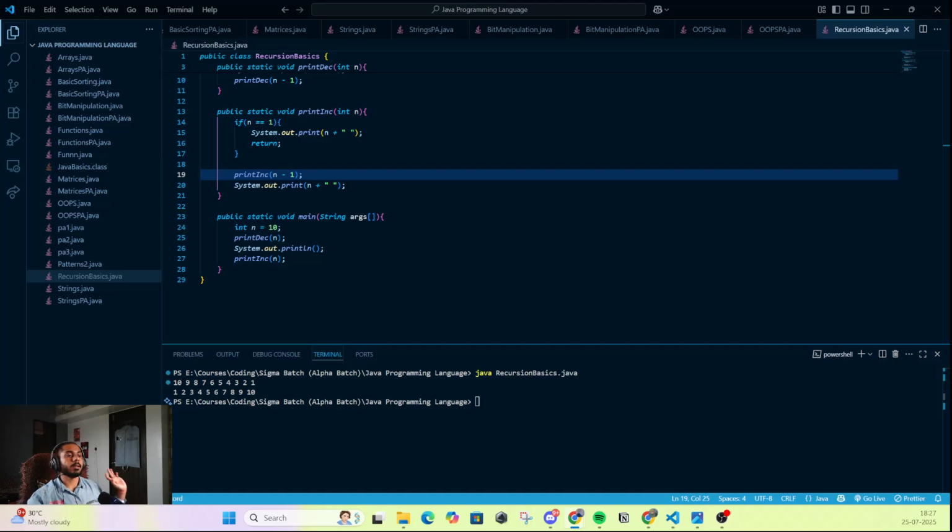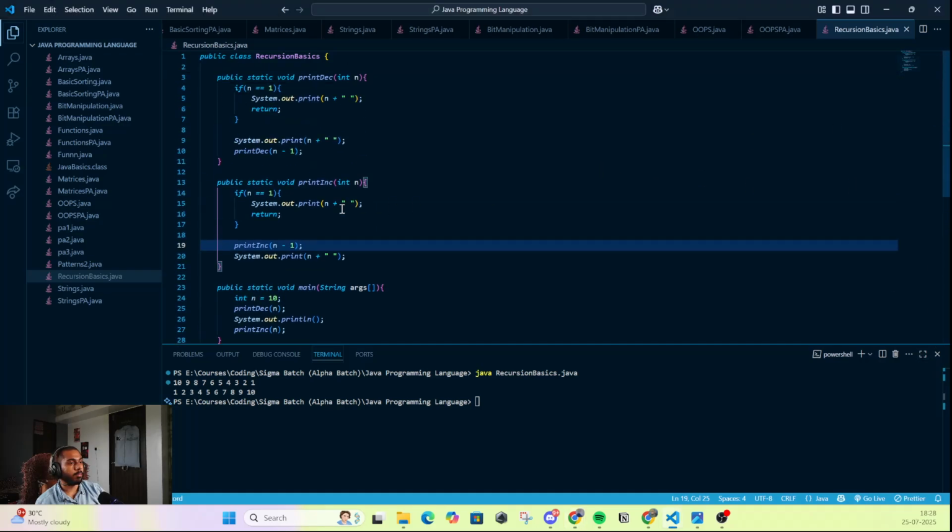So yeah, basically it's very important to know that if we want to print something before the recursion call, or if we want to do the recursion call before printing something or after printing something.